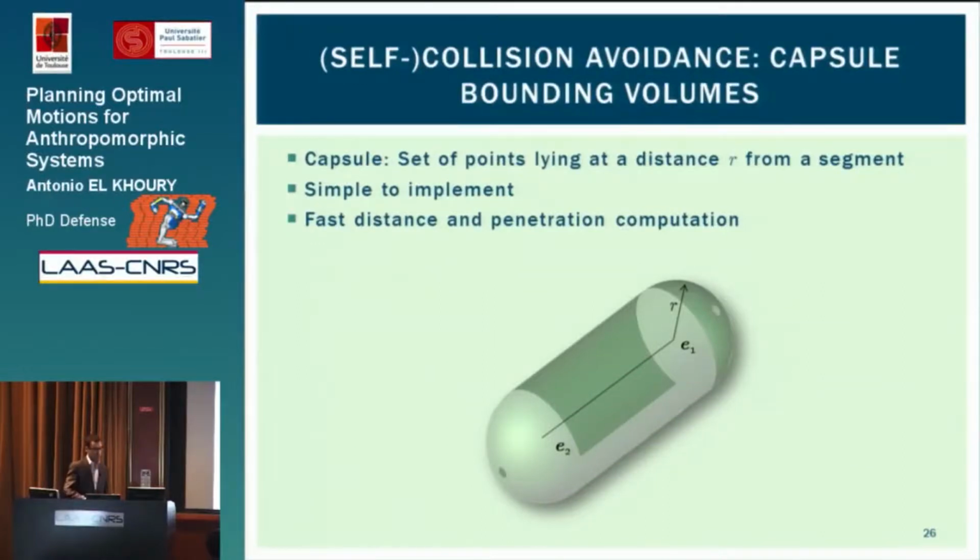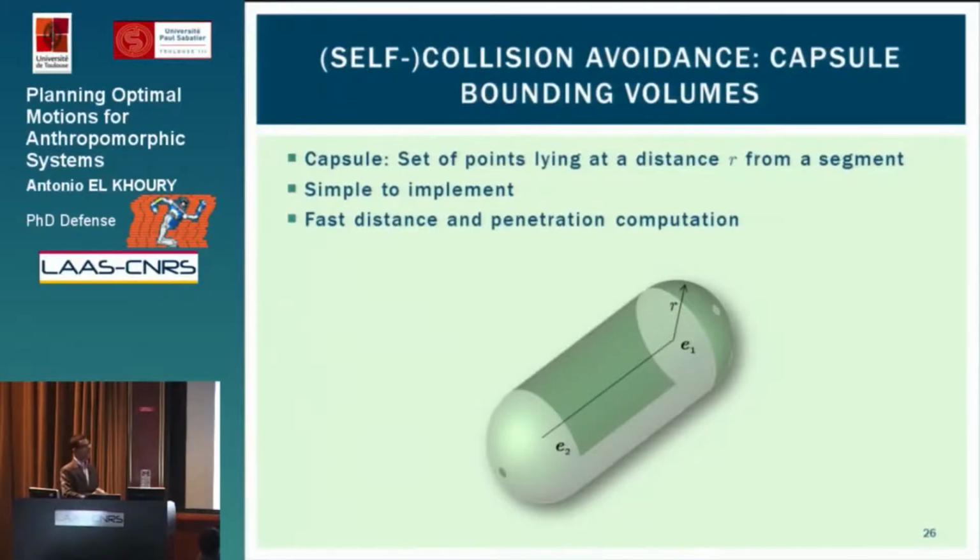Now, keep in mind that the constraint path that we found, which we provide as an initial guess to the optimal control problem, will be iteratively reshaped until we minimize the function. During this minimization, we need to make sure that we still avoid the obstacles and we still avoid self-collisions. So to do so, we propose to